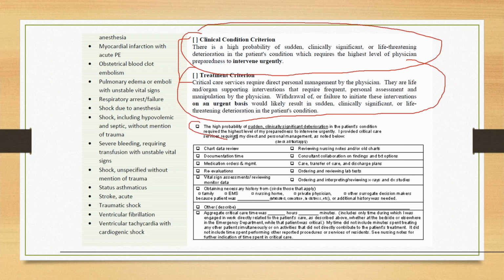Then you also have to make sure that you take a look here where it says the high probability of sudden clinically significant deterioration in the patient's condition requires the highest level of my preparation to intervene urgently. I provided critical care services requiring my... Now, you may think this is ridiculous, but I think it's ridiculous for a 99222 that we have to document